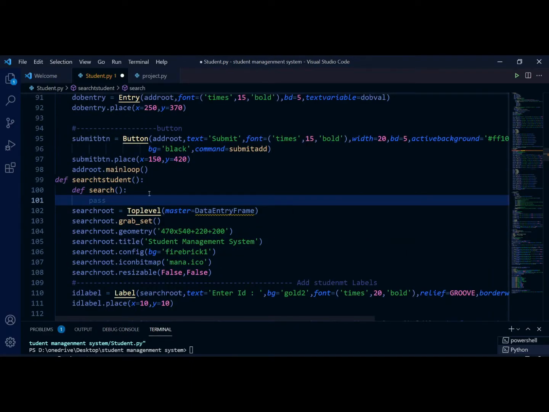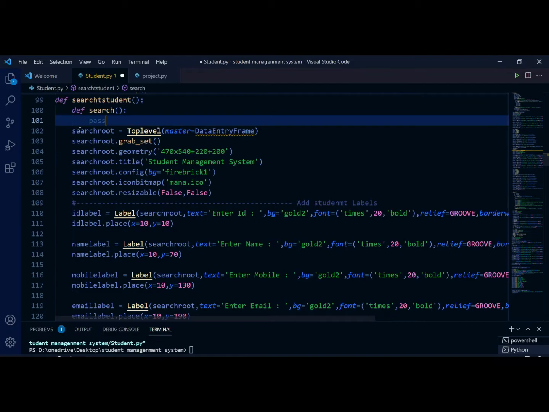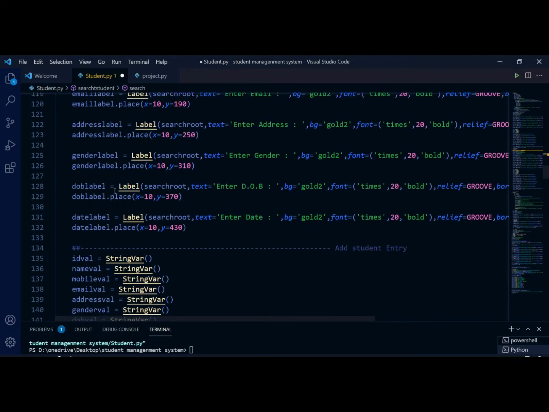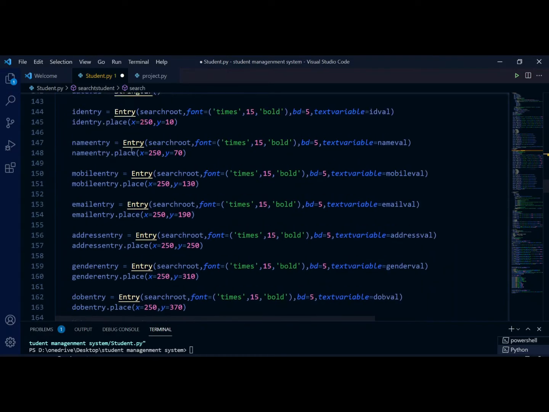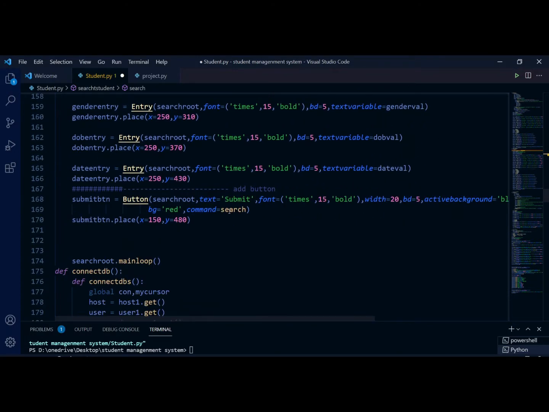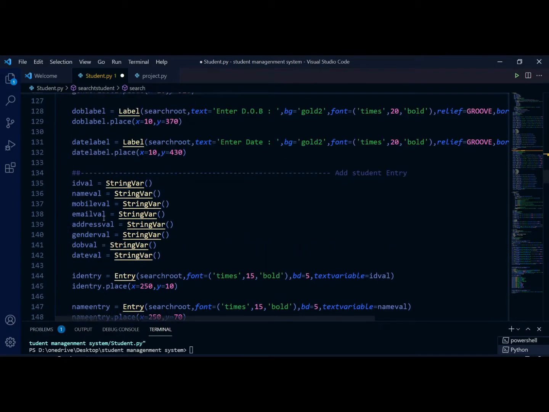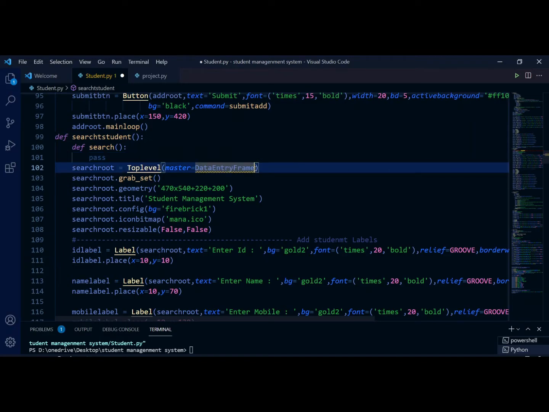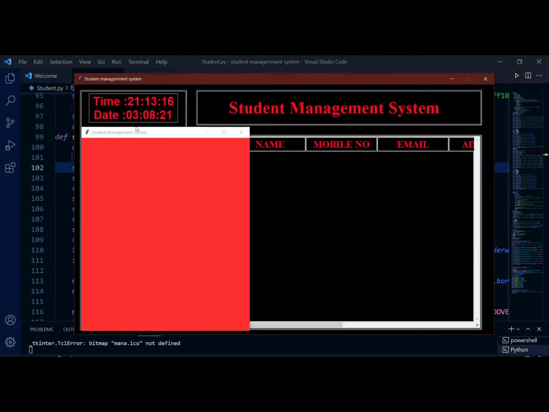Yes, so I'm back, and here you can see that we have created our whole window. I'll just change some words, that is search in place of add. Here I've just copied it the same as above, same things over here. Command is equal to search, and we have done almost everything the same as our add student window. Just here we have to change the data entry frame. Done. So now I will run it, and if I say search student, you can see, okay,